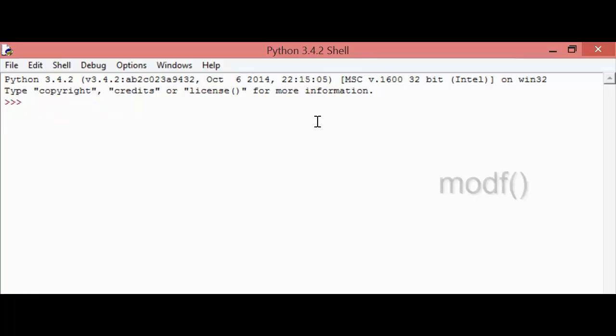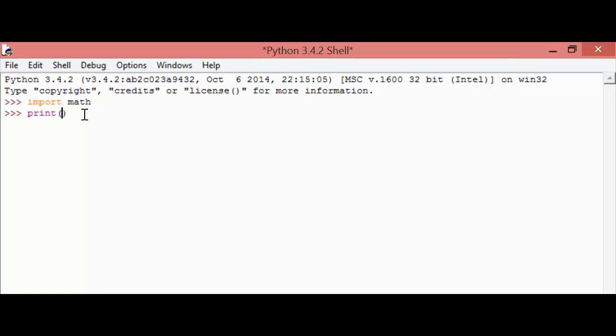The next method is the modf method. The modf method is used to get the integer part and the float part separately, which means that we will get the separate values of the integer and the float. So now firstly I am going to import the module math, and now I am going to execute a program.